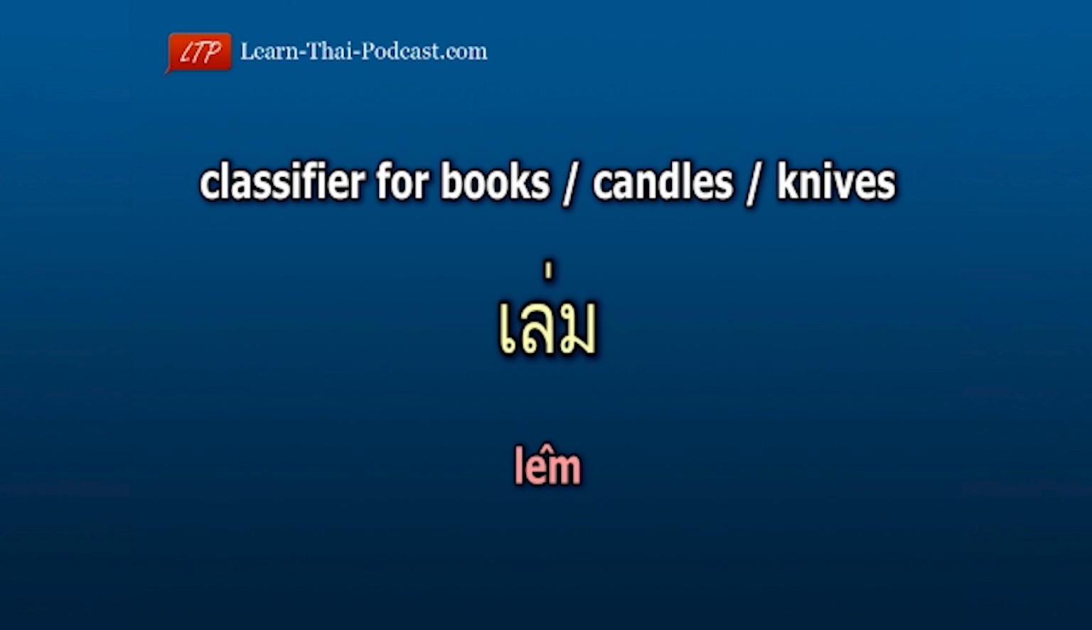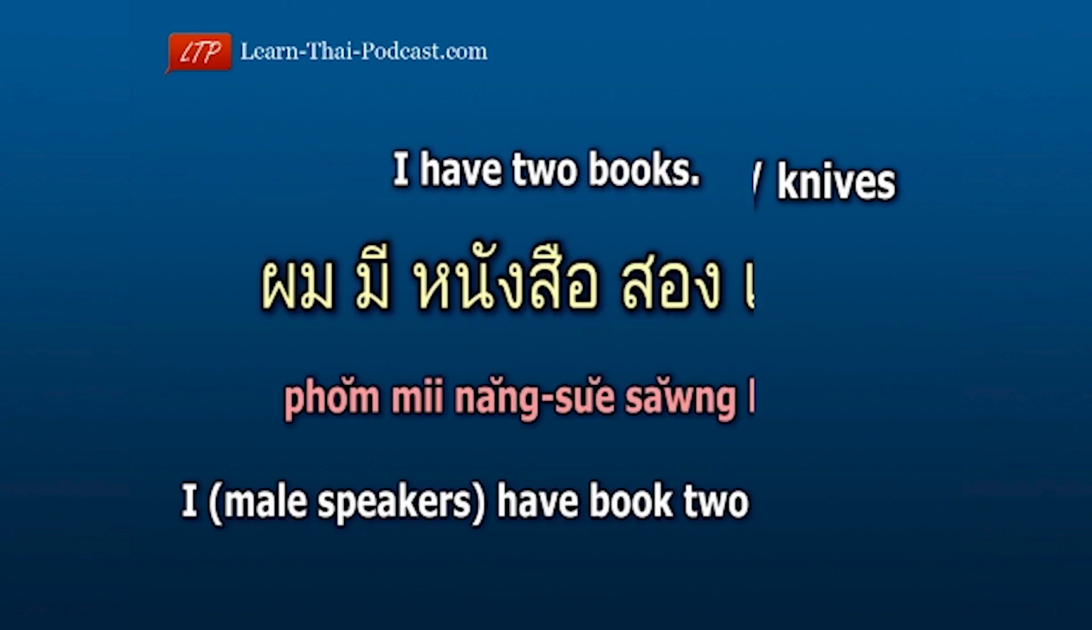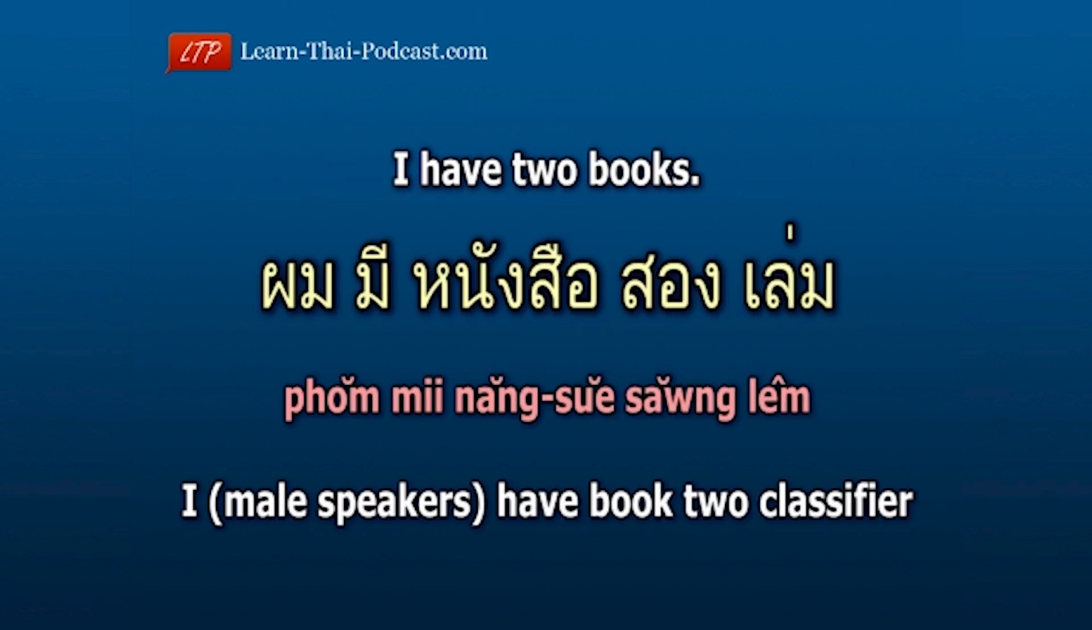For book, candle, and knife, the classifier is เล่ม. Here's an example. I have 2 books. ผมมีหนังสือ2 เล่ม I ผม, have มี, book หนังสือ, 2, and the classifier เล่ม. I have book 2 classifier. ผมมีหนังสือ2 เล่ม